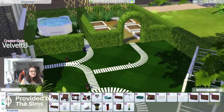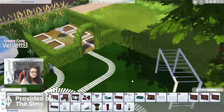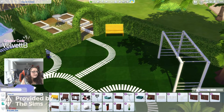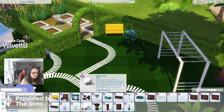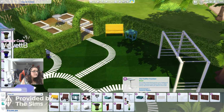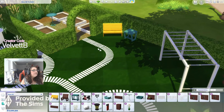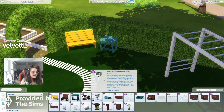So I feel like we'd need something else here, and we'd need something else over in this corner. So maybe we could have another little bit of seating over here. We can bring in a little bit more of the yellow and use the teal side table. Can we put a light on there? Oh, see, the light doesn't go on there. That's a shame. Oh, did I use the water fountain thing? I mean, the bird table. Use the blue on that. See how that goes. And